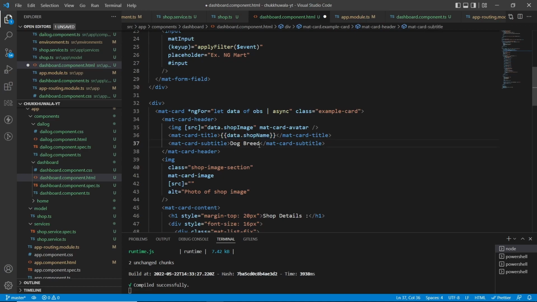I'll copy this and I'll add this here also, address, and in src section I'll say data dot shop image. Okay,